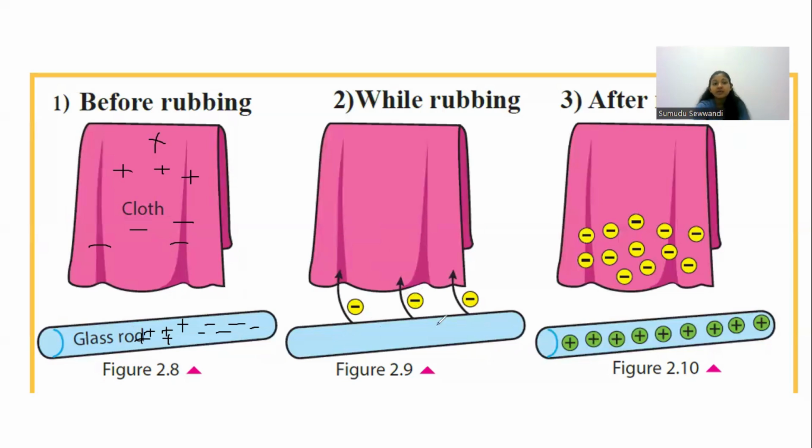And previously, there were similar numbers of positive charges and negative charges in the cloth. But now it has 3 extra negative charges. Because of that, it is charged negatively. This is how objects are charged when they are rubbed with other things. So in the next slide,